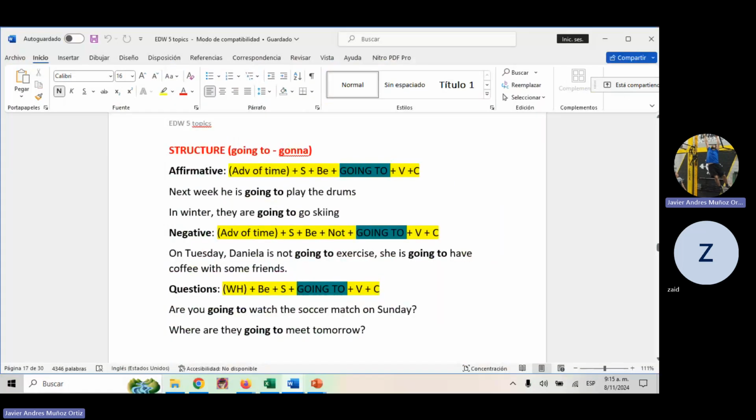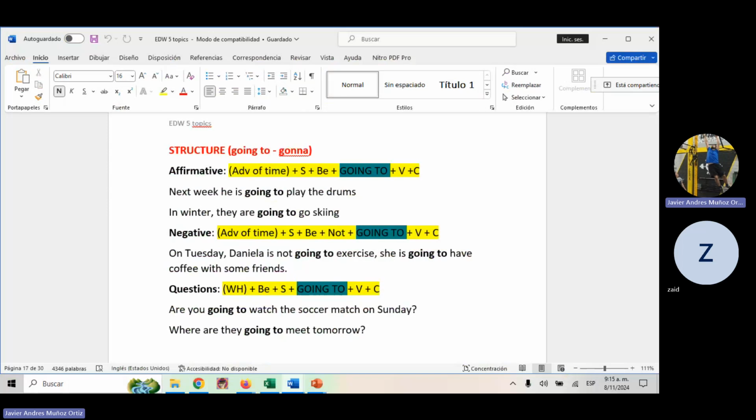For example, yo voy a ver una peli. I am going to. This going to is like a voy a, va a, vamos a, van a. Yeah, this is kind of the translation. So, I am going to watch a movie in the cinema. Voy a ver una película yo en el cine. So, the organization is pretty much the same.